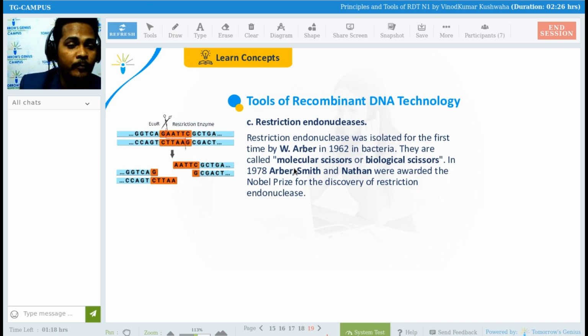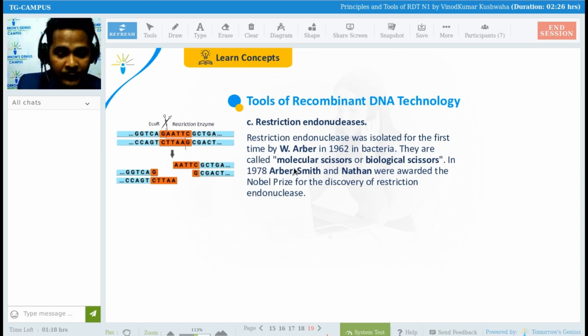As I told you, I will talk more about restriction endonucleases, because the initial two enzymes are very common and very easy to understand, right? But restriction endonucleases are something very interesting. Why? Because these restriction endonuclease enzymes,